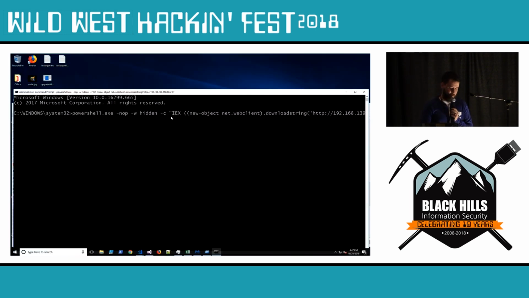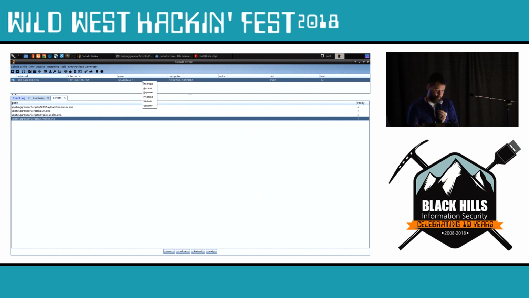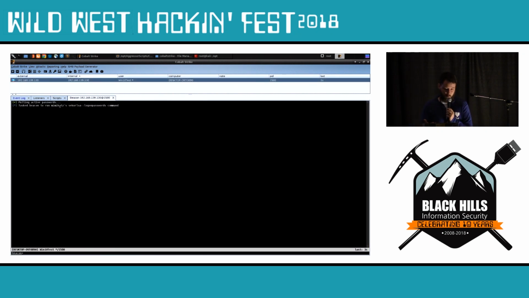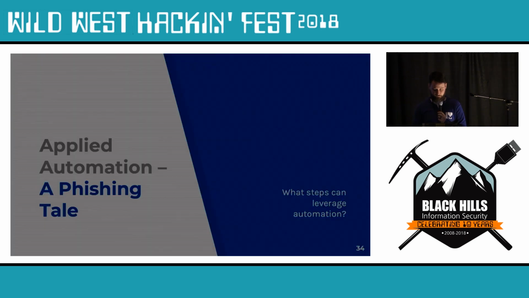So I'm going to run the PowerShell one-liner here, get an admin callback back in my team server here. So I'm waiting for the callback. All right, so there it is. So I'm an admin with the little star there. And you can see it already ran my script. It's pulling the active passwords because it's an administrator. So that's kind of how it works.